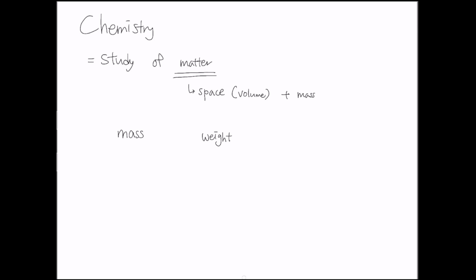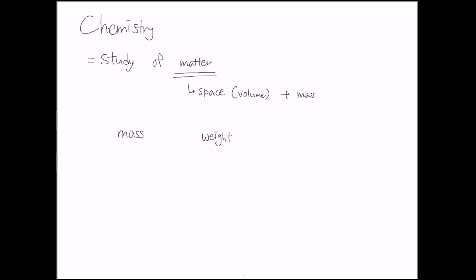Mass is the quantity of matter that any substance possesses. So if you are 100 pounds on the earth, you will be 100 pounds in space as well, because it's independent of gravity. But weight is a little different. If we go to space, we're going to be floating in the air, right? Because the gravity is much less. If you get into the water, your weight may feel different as well.